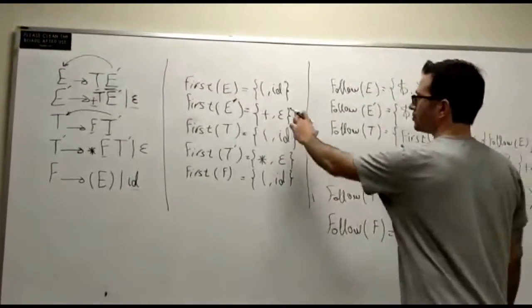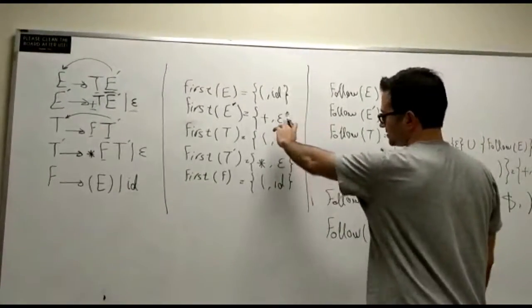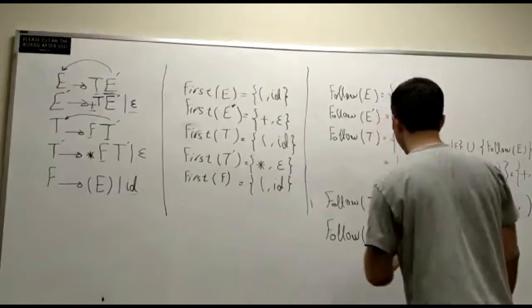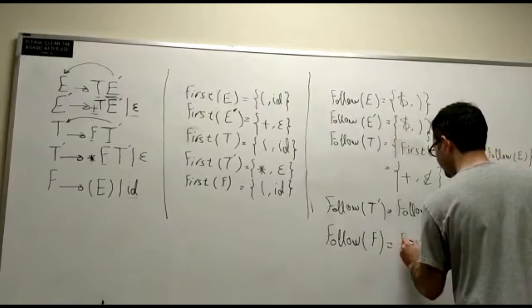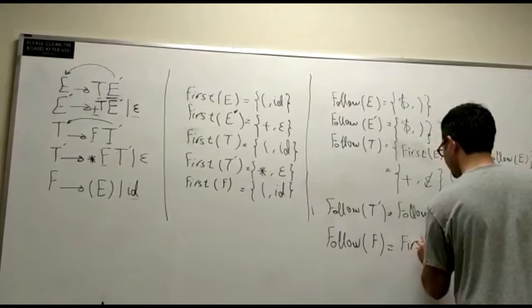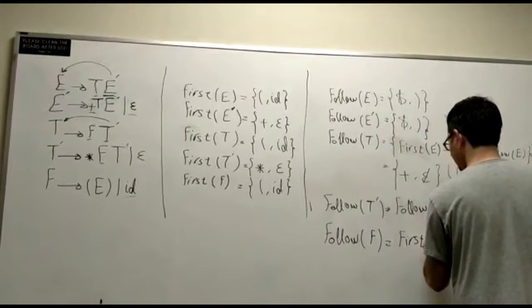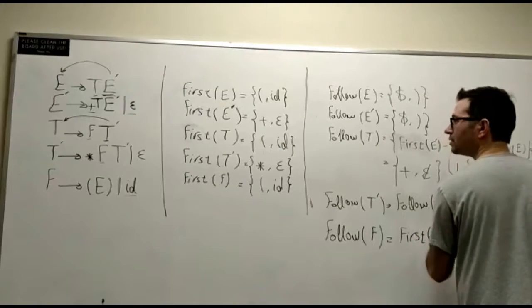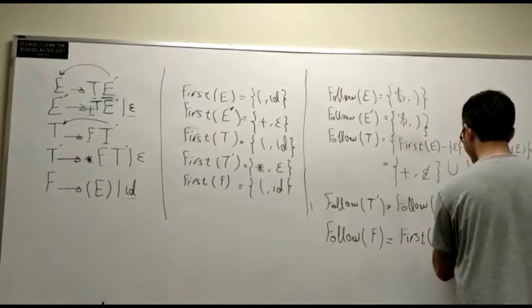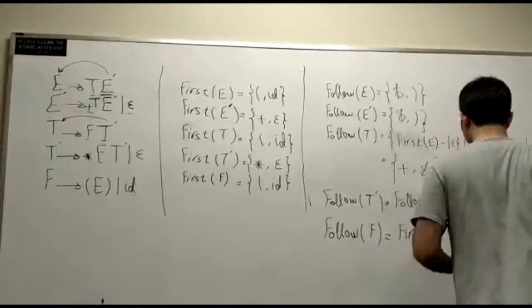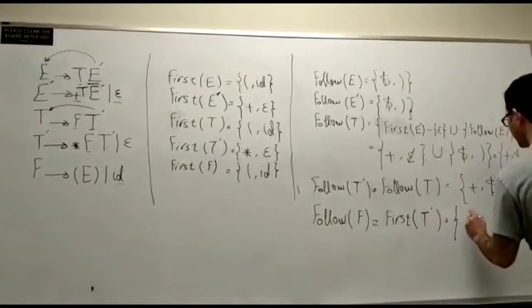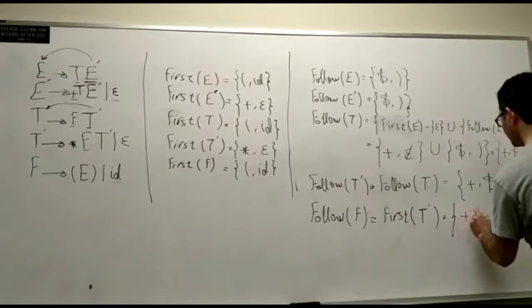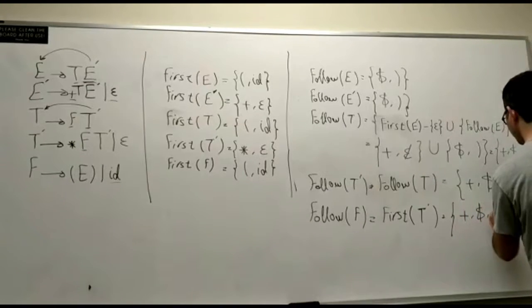Unfortunately, we have epsilon here, so we need to be concerned about that. So it is equal to first of T prime minus epsilon, union follow of T, that is plus, dollar sign